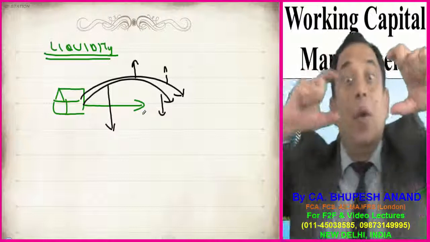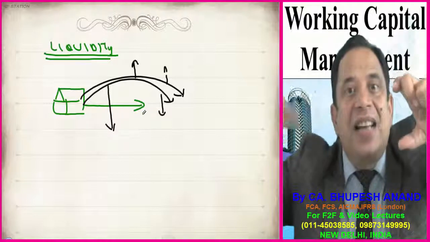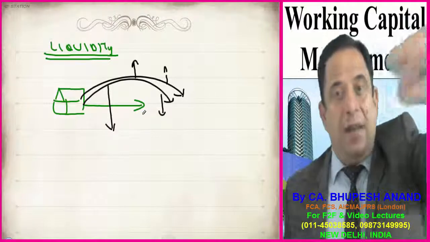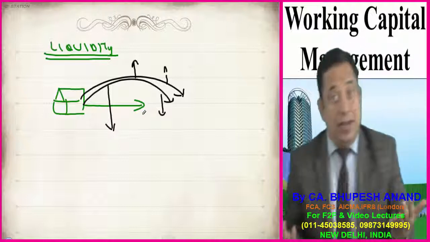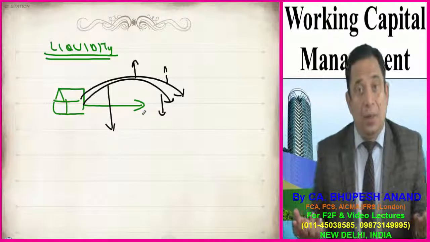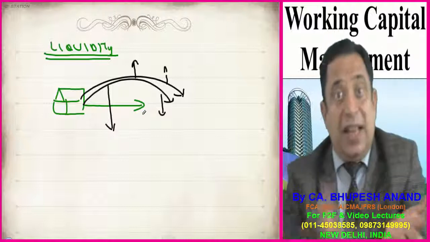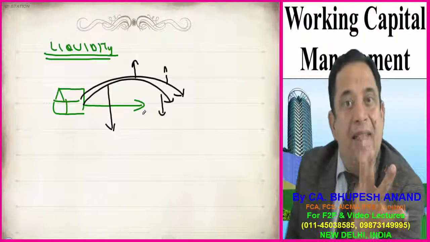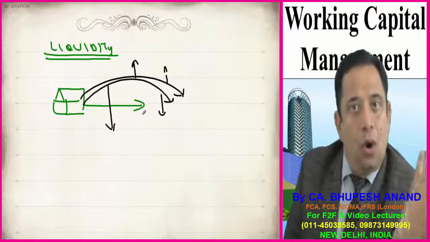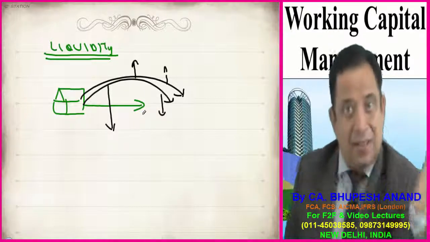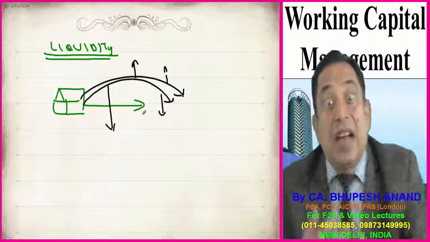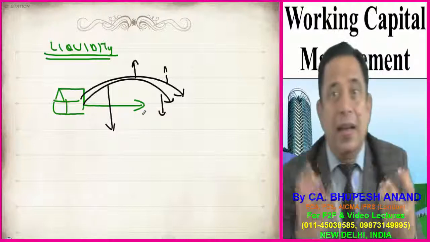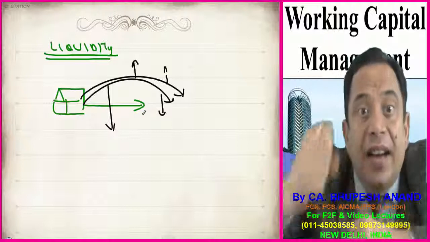As the name indicates, liquid. It means I can easily get cash from that. Some assets can be liquid, some assets can be illiquid. For example, if I want to sell land, it is illiquid. It will take some time to sell, because I have to find the buyer and the deal will be stuck, and then only I can sell it. But when I say liquid, I can say I have a stock, I can sell it now, or I have cash in my hand, or a bank balance, or marketable securities. These are cash and cash equivalents. These are liquid. So liquid means how quickly we can convert into cash.